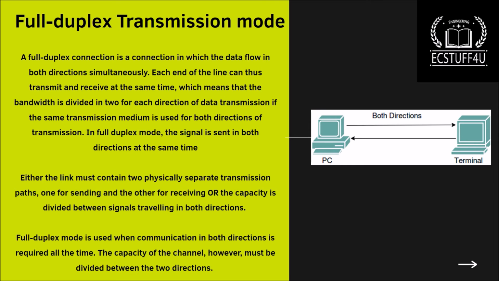What is full duplex transmission mode? A full duplex is a connection in which the data flows in both directions simultaneously. Each end of the line can thus transmit and receive at the same time, which means the bandwidth